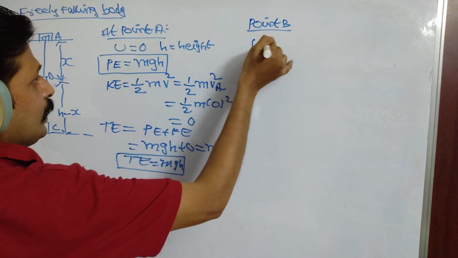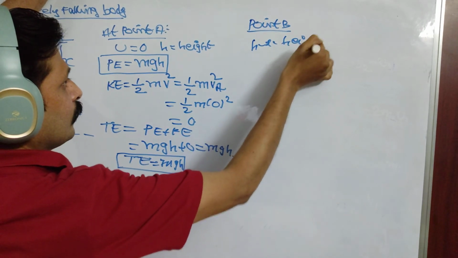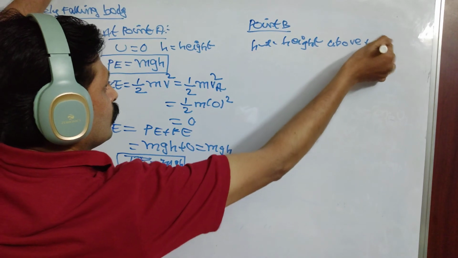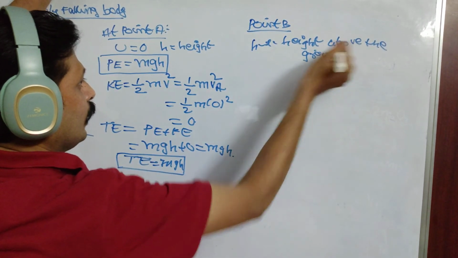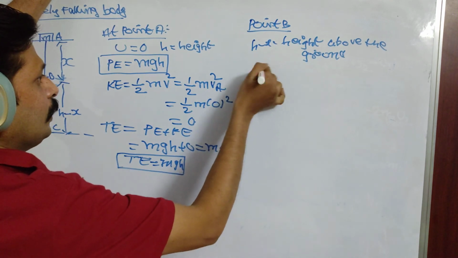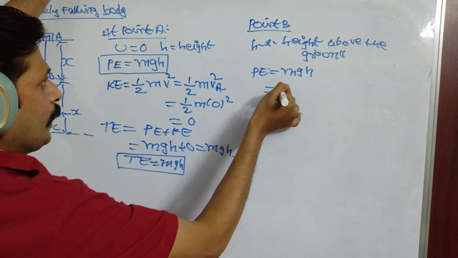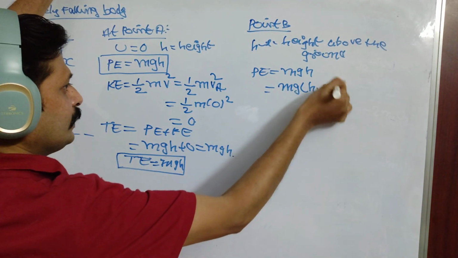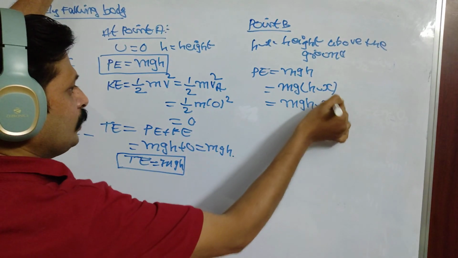Now h minus x is the height above the ground. Then you write the potential energy. We already know the formula mgh, but apply this to the present condition. With respect to the ground, the height is h minus x, so mg into h minus x. Expand this: mgh minus